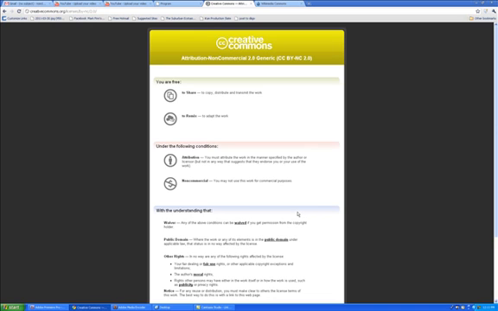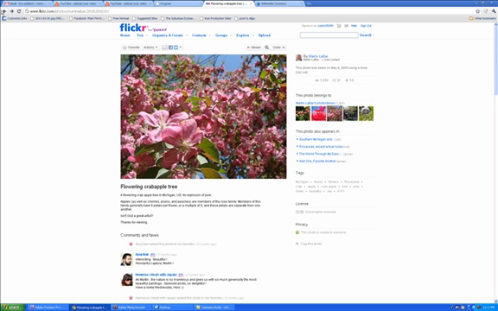Now if you actually click on the license in Flickr, it will bring up a more detailed licensing agreement, and you may notice, for instance, that they may say 1.0 or 2.0. That really has to do with when the license was first put into play by that user. And again, it lets you know exactly what you can and can't do. You can share this, you can remix it. You have to provide attribution to the original creator, and you can't use it for commercial purposes. Okay? Going back again,